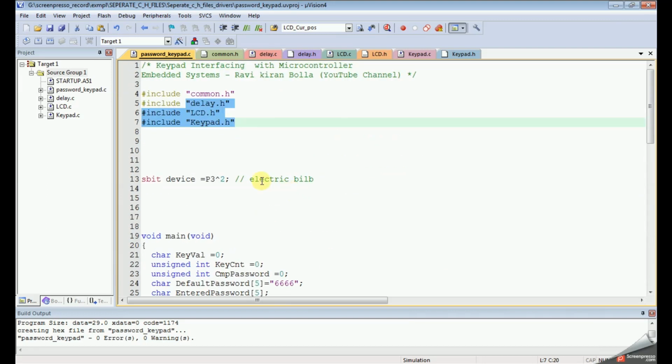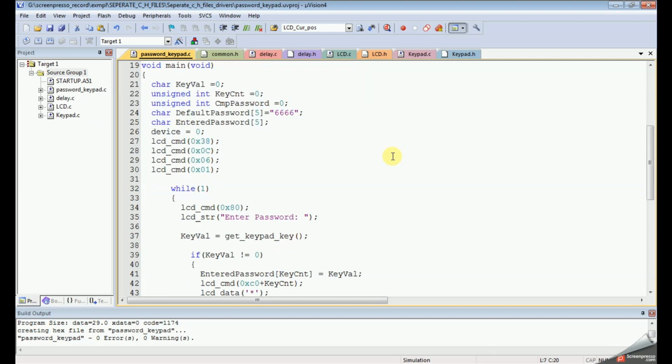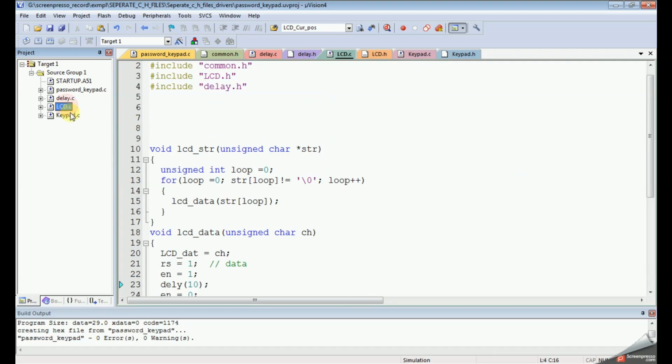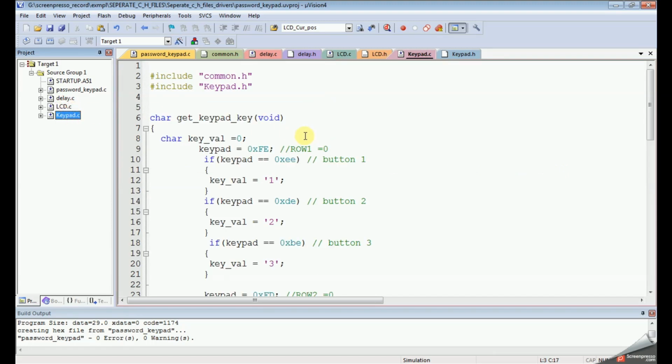For complex projects, it's very important to maintain software in a layered architecture. It's easy to maintain, and understanding will also be very easy. So instead of writing long code in a single .c file, it's very important to write different .c and .h files for different drivers.